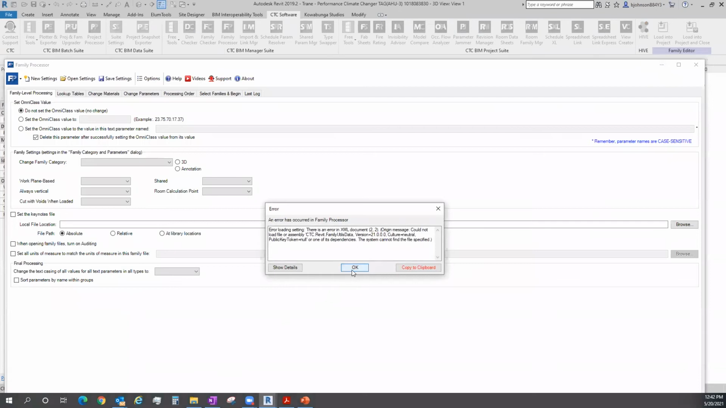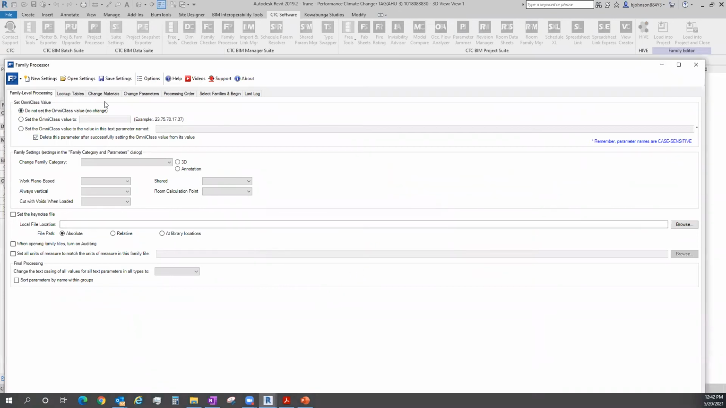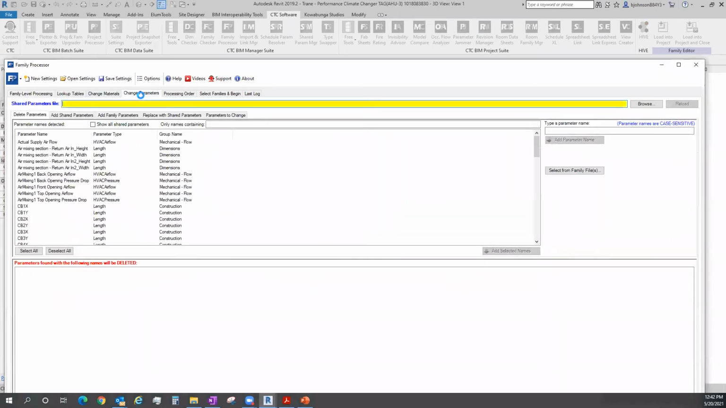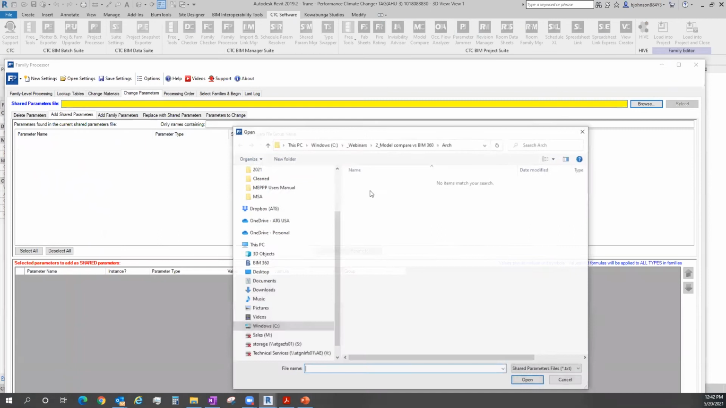So if we look at another tool, the Family Processor has the ability to work on the family that I'm in currently and be able to do things like change parameters. So if I look at the parameters that are in the family now, I could delete them on this tab, choose the ones that I don't want anymore. I could add new shared parameters. So if I were to browse to a shared parameter file,